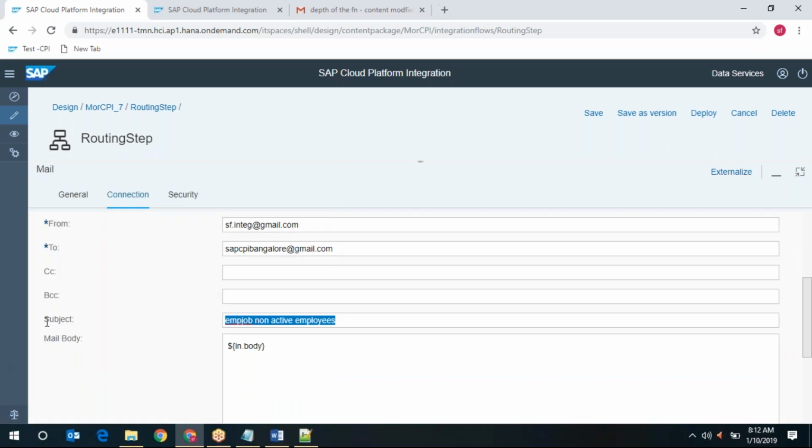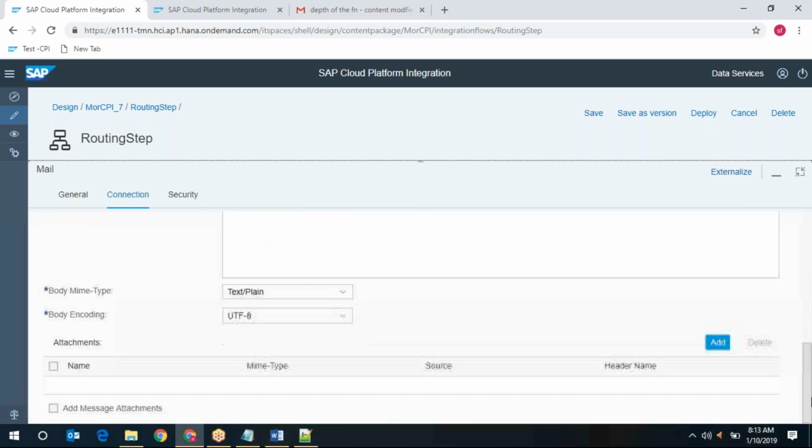You can use dollar. You can change employees from department, dollar open brackets dot header now. Okay. So we are just giving the headers dynamically,